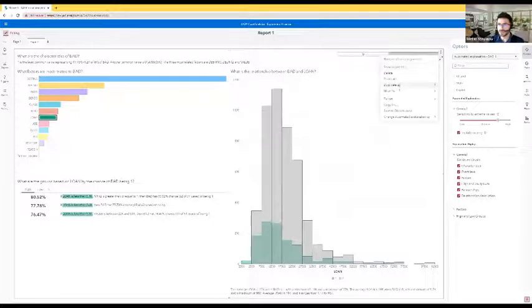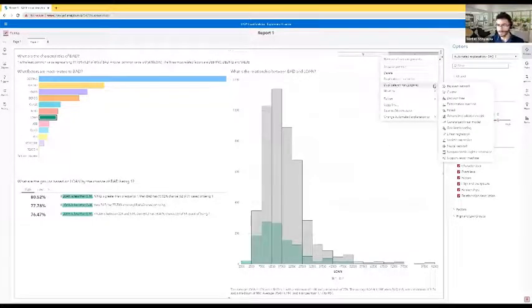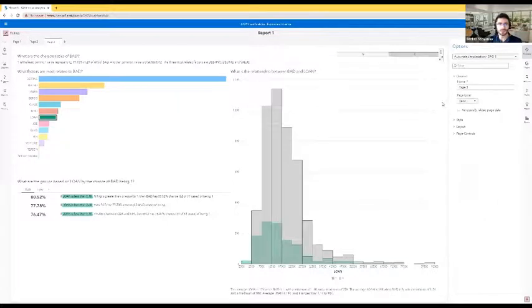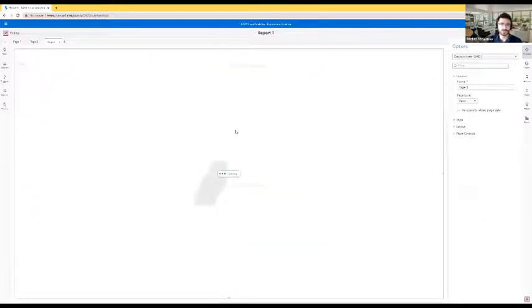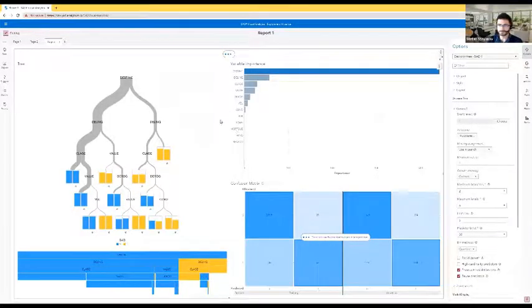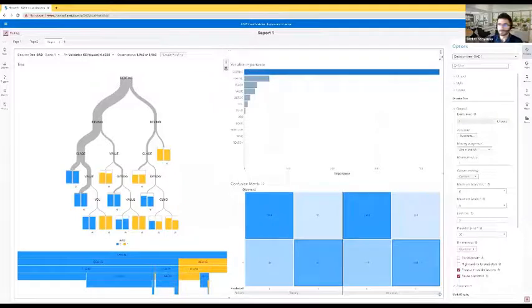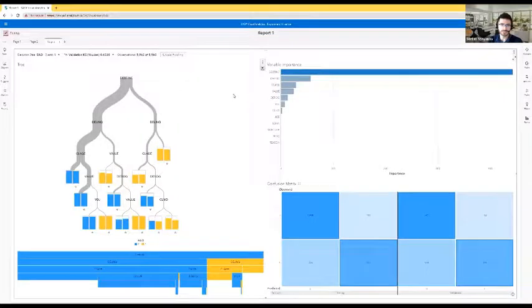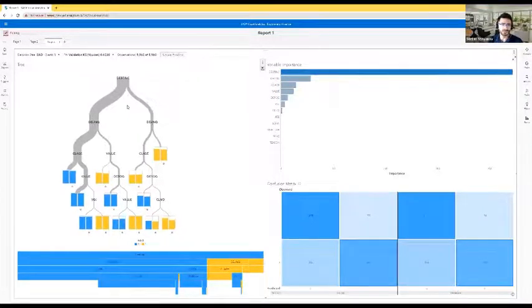From here, I can duplicate this on a new page as a more advanced statistical model. And let's say we want to create a decision tree. I'll click on the decision tree, and this will create a decision tree model on a new page. Now you can see how instantly, in just seconds, SAS Viya automatically created this decision tree, where you can